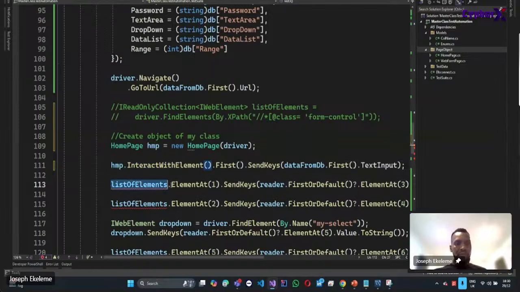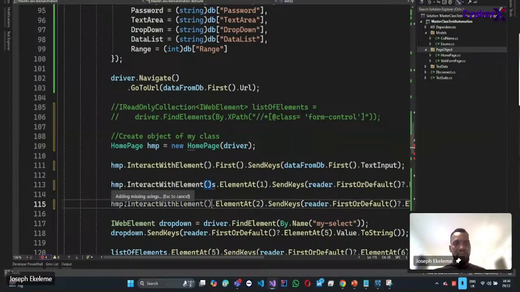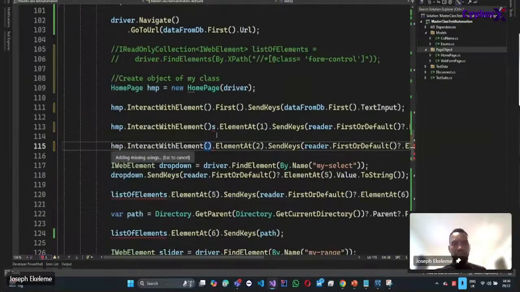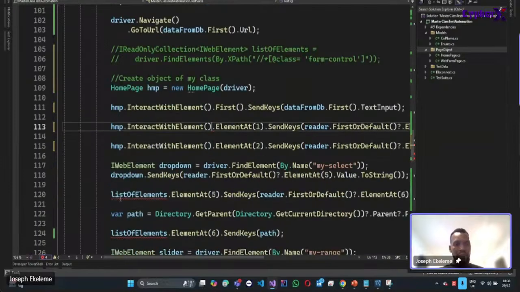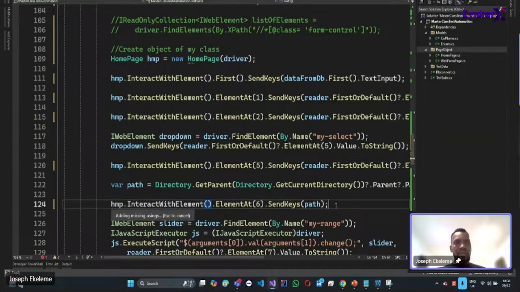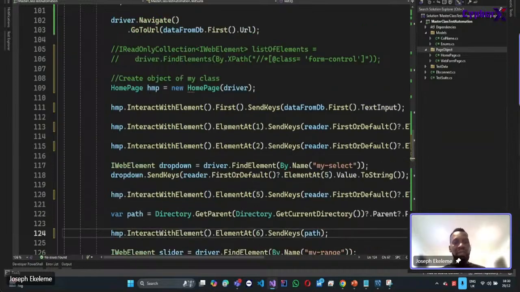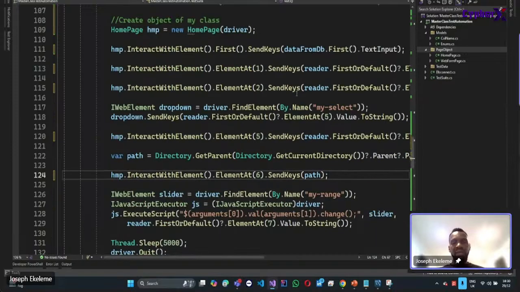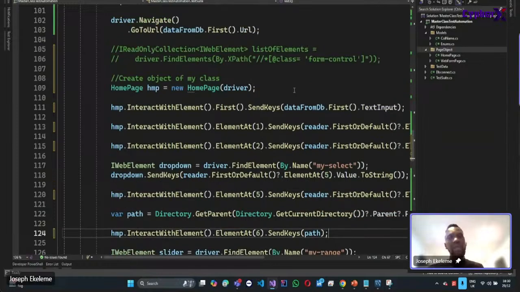I'll replace this as well. I'll do exact same thing here. I'll do exact same thing here. And can you see we are now using the method that is coming from our page objects, right? That's looking perfectly fine. Now, I'm still not happy with what I'm looking at because it still feels like it's all over the place,